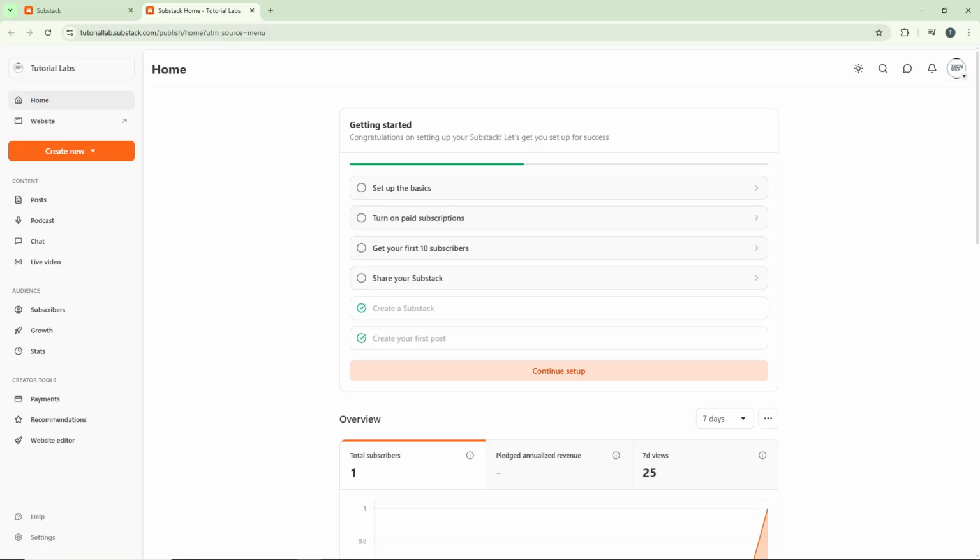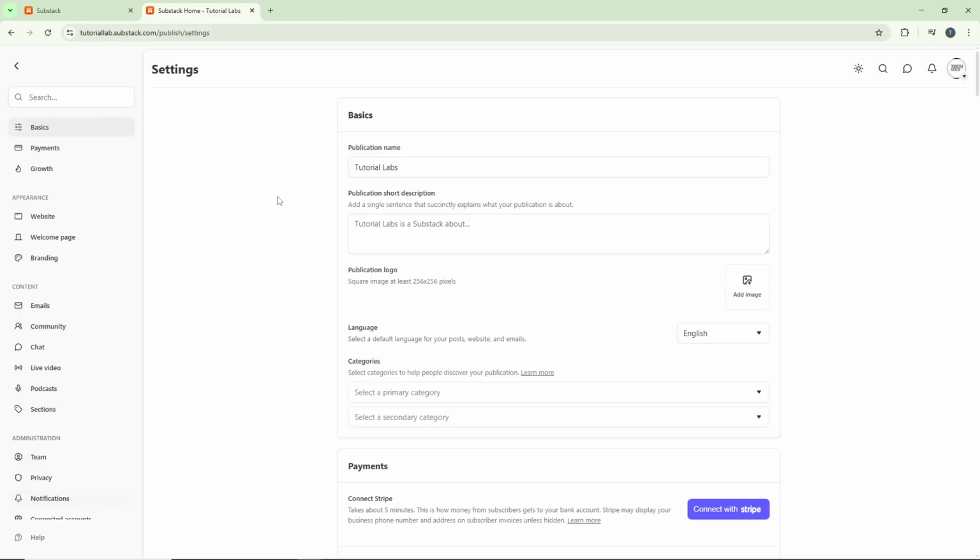Once the new tab has fully loaded, you'll see the dashboard interface with various menu options available. Now look again at the left side of your screen where the navigation menu is located. Find and click on Settings. This section contains all the configuration options for your publication, allowing you to customize everything from your publication's appearance to